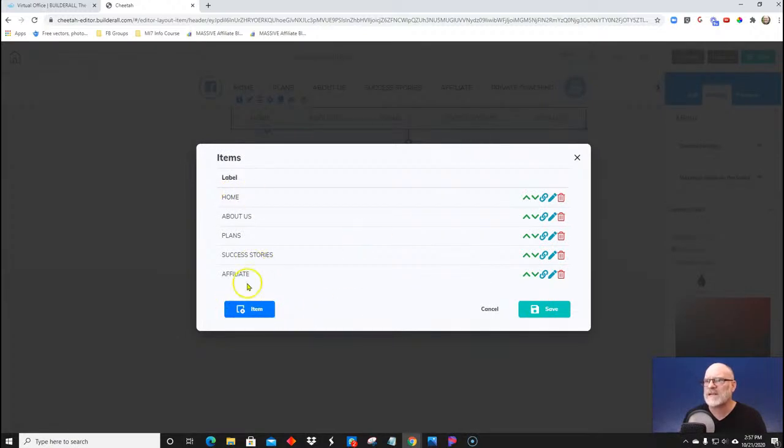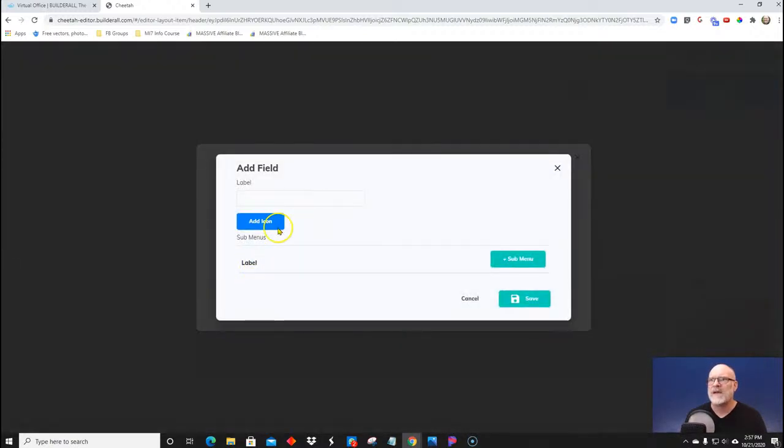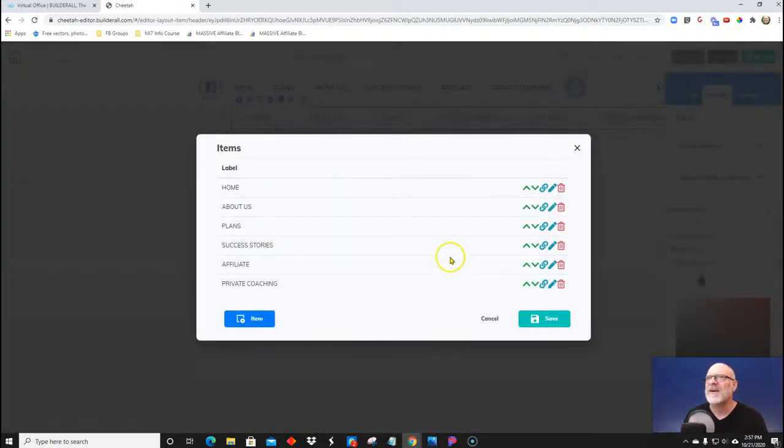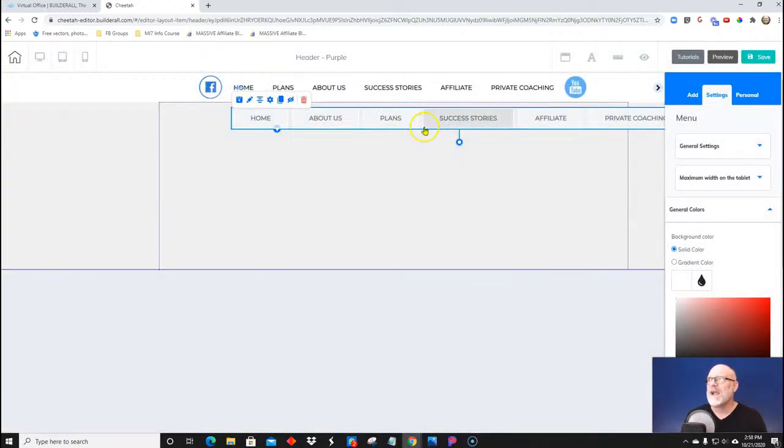So here we're out of stuff. We just hit this add item. And this one we'll call private coaching. Okay, and save. Okay, so now they're all matching up nice. Let's just say we did all these links. These are all set up. Now we can go ahead